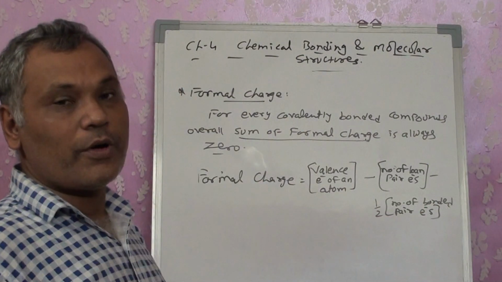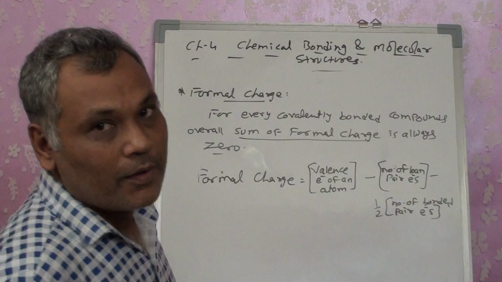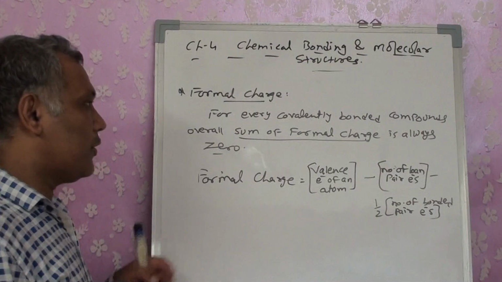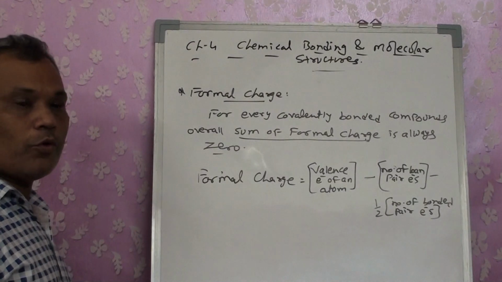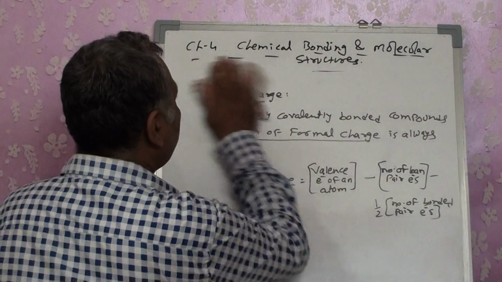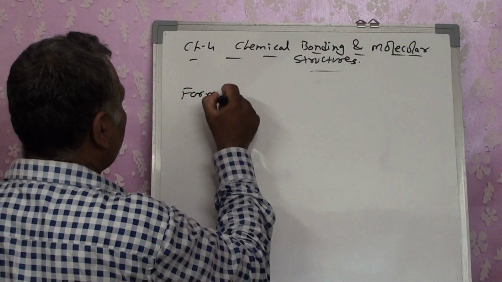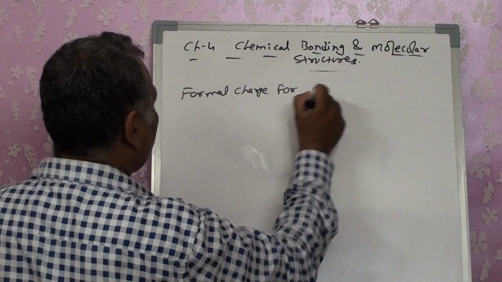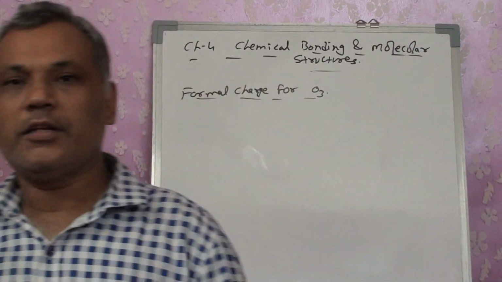So if I want to calculate this, what is the required thing? I should know the dot structure. If the dot structure or the bonding is not clear, it's difficult for us to calculate it, right? So let's take an example of the O3 molecule. Let's calculate for the O3 molecule. This is particularly given in your textbook, that's why I am taking O3. But I will take one more example for you so that you can understand it beyond the textbook.